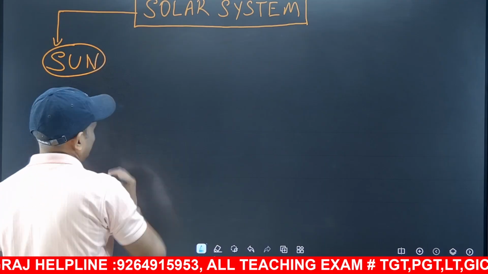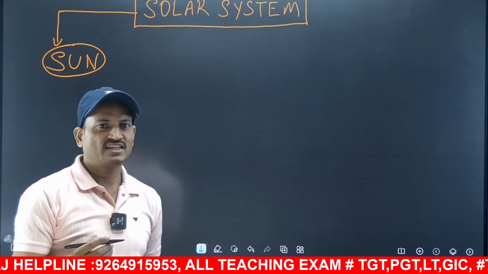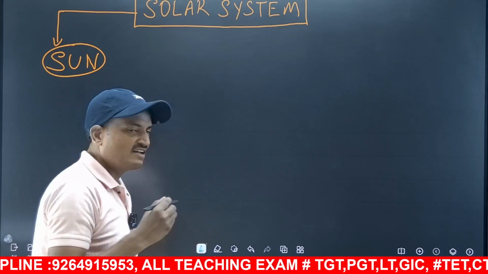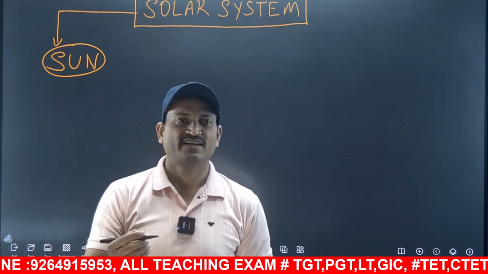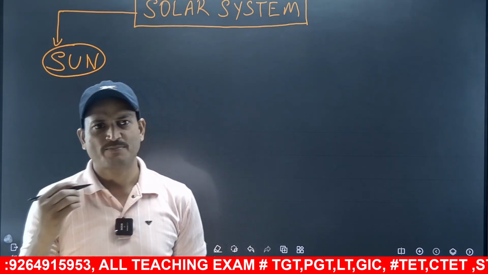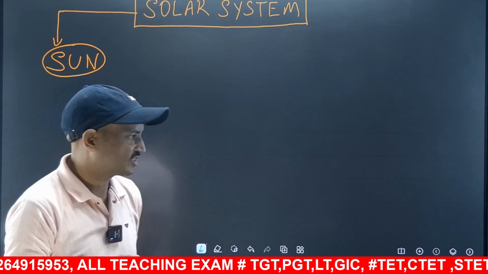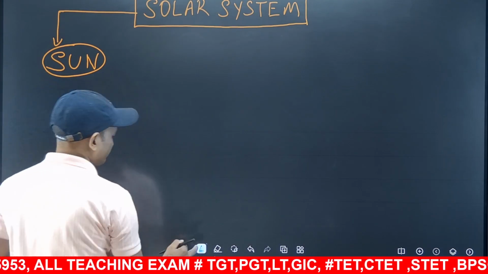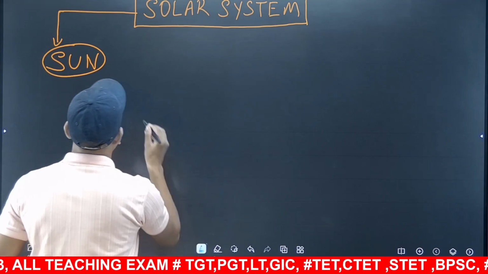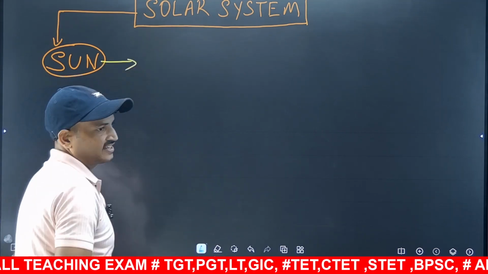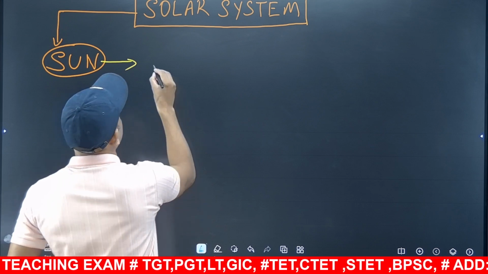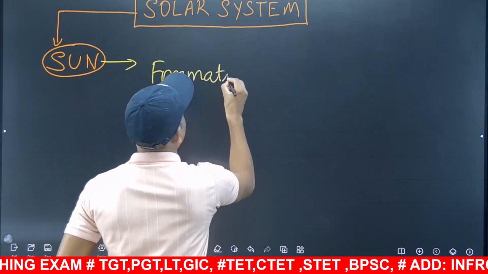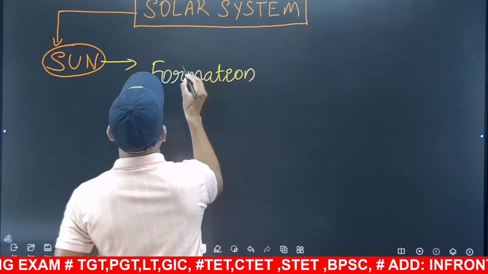When we think about the sun, the first thing that comes to our mind is its formation. Though we have seen the formation of the sun and the entire solar system in various hypotheses and theories in our earlier lectures, in today's lecture we'll be seeing a simple process of how the sun was formed. So, about the formation of the sun.